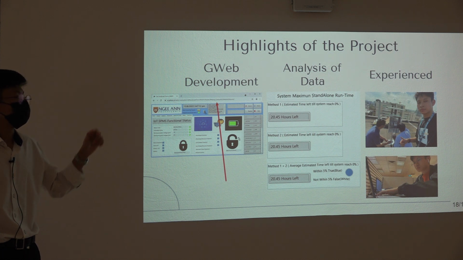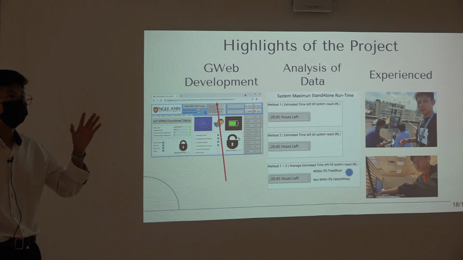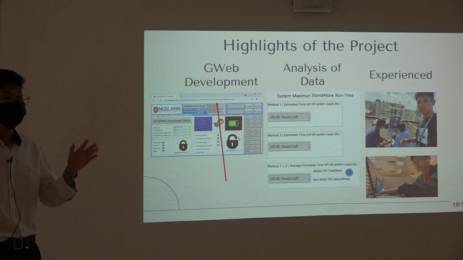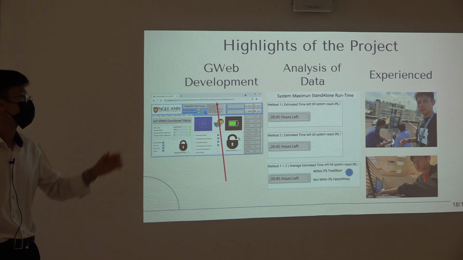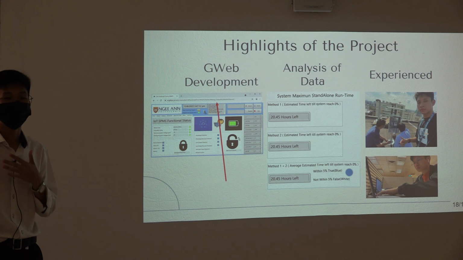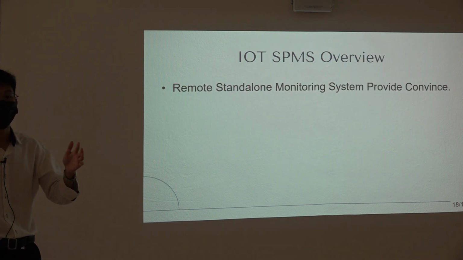And also analysis of data. What's the point of collecting so much data if you don't analyze it, right? So I did a few calculations on my own to calculate the remaining time left that the system can run on without charging. This is an example, 20 hours and 45 minutes. So ideally, with 100% capacity, the system can stay up and running for 2.5 days. And also the experience: I did my testing on the NUS rooftop, which I'm very honored. Thank you everybody. And now I would like to go through the Internet of Things